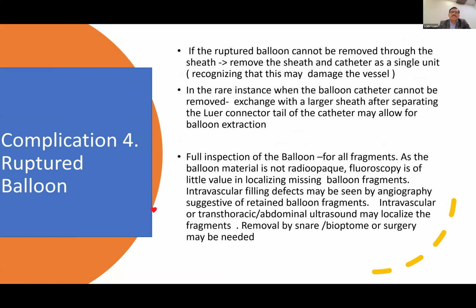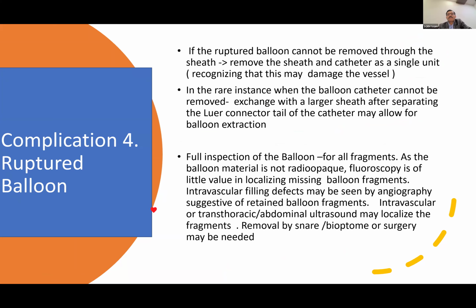Now, obviously you have to retrieve the balloon. The ruptured balloon can be retrieved easily. You remove it through the sheath. No issues. Check the balloon fragments, whether everything is okay or not. That's all. But if it can't be removed through the sheath, then you remove the sheath, groin sheath, and catheter as